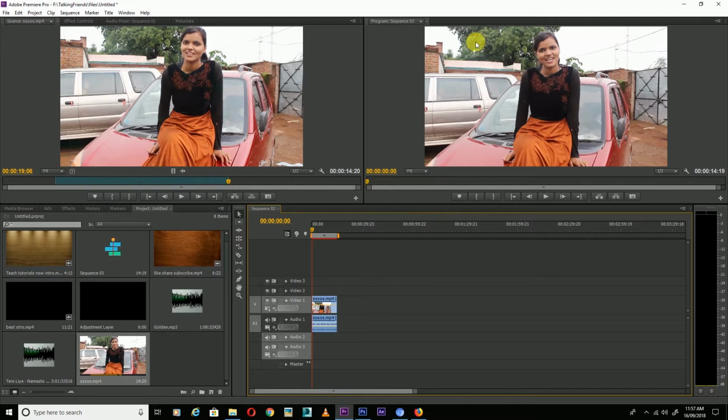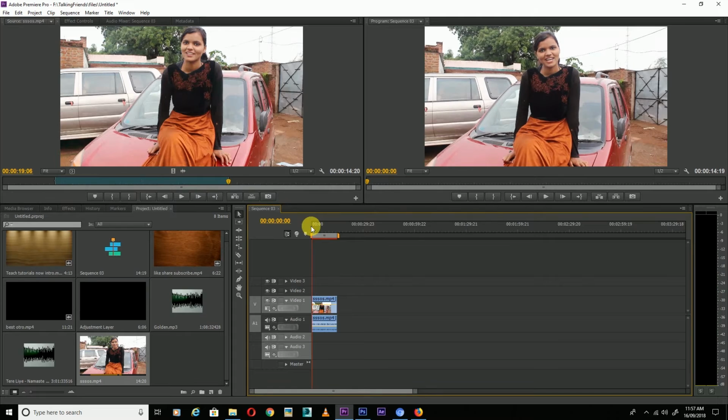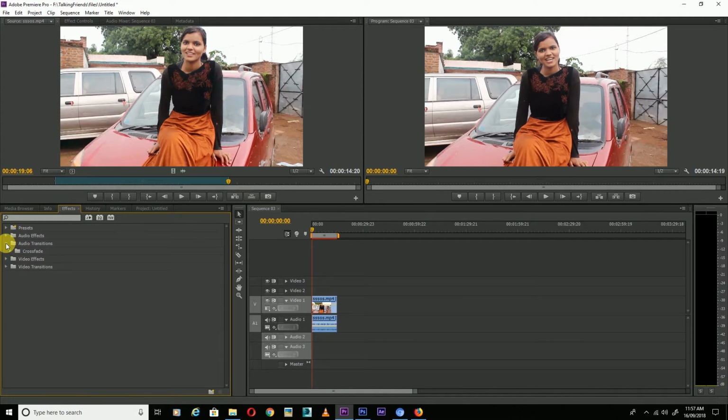So friends, you can see the whole image. There is no fade out and fade in effect. So I apply the fade out effect. Go to Effects, and for the audio transition, click on Audio Transition, and here, Crossfade, click on the